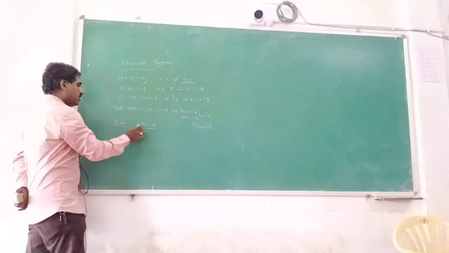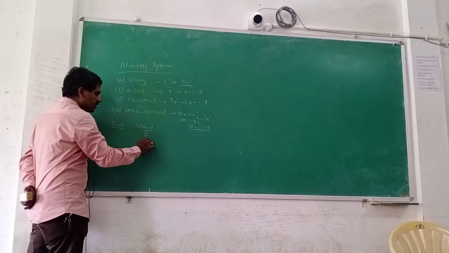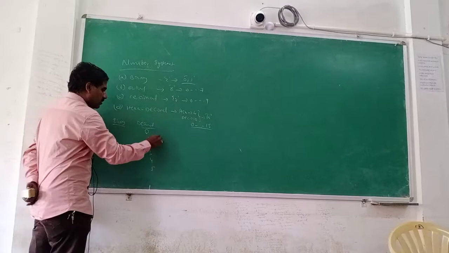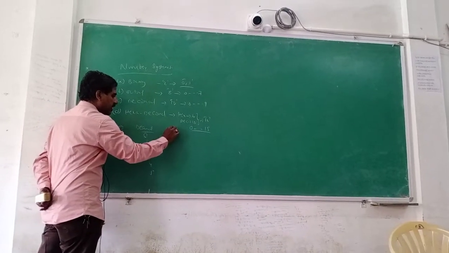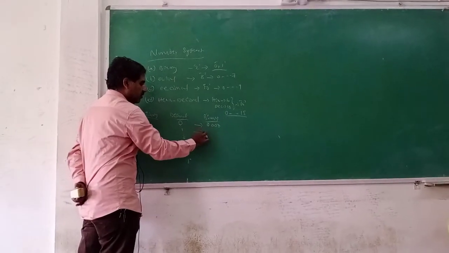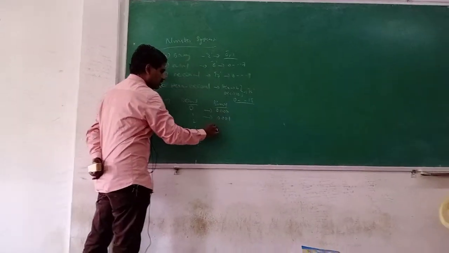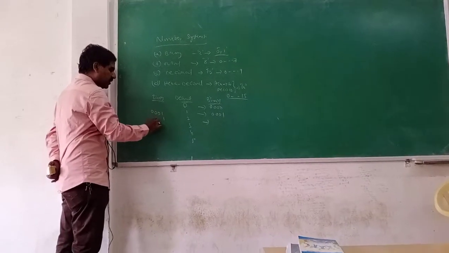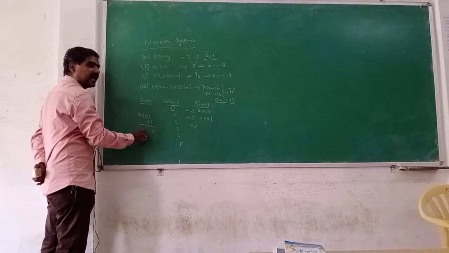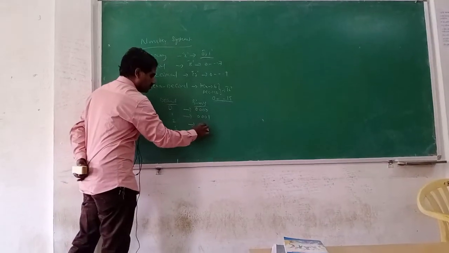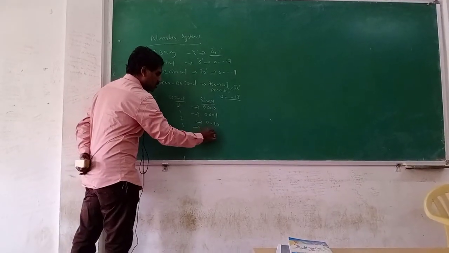First, decimal numbers 0, 1, 2, 3, 4, 5. 0 in terms of binary can be written as 4 zeros, whereas 1 is 0 0 0 1. In order to get 2, we are adding the above number 0 0 0 1 with 1. 1 plus 1 is 0 with a carry 1. 0 plus 1 is 1. So 0 0 1 0. Another one is 0 0 1 1.